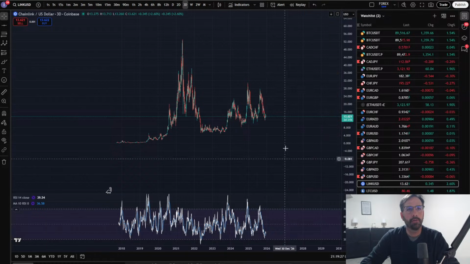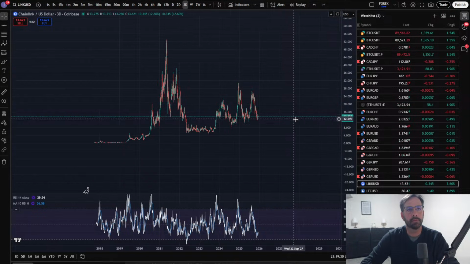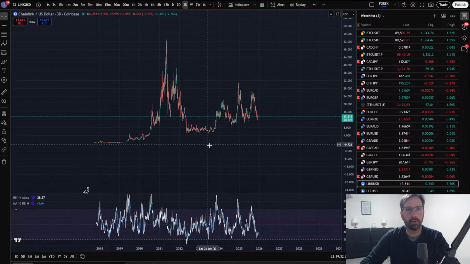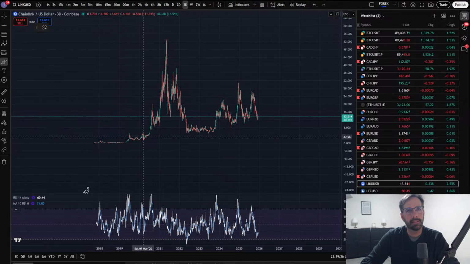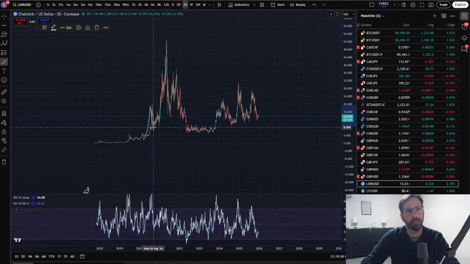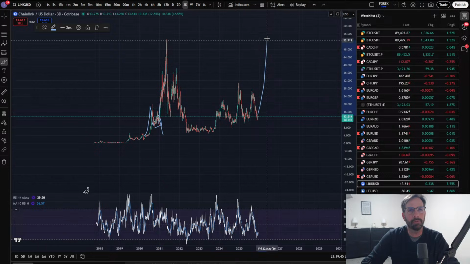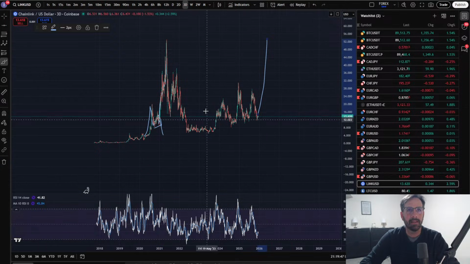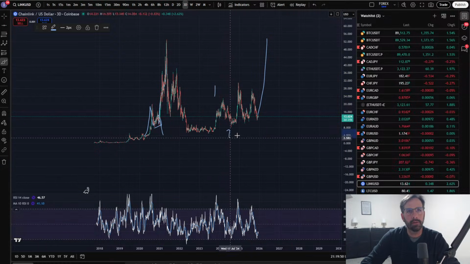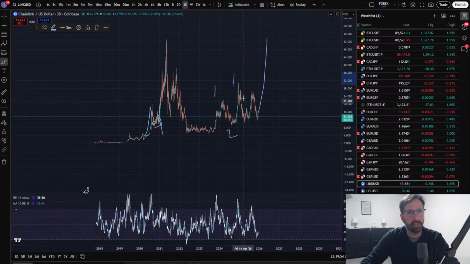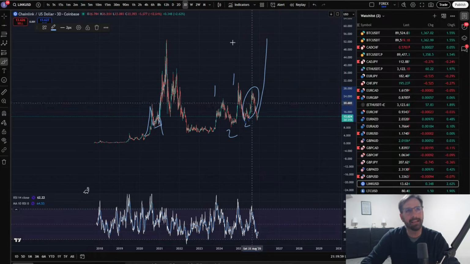Now, what could be happening here? I just want to show you a possibility here. I don't love this, but see that move right there, and then it rolled over, and then it just chopped and came all the way back. Looked like it had to come back down here, but it didn't. It just, boom. Is it possible Link's about to do something like that? Could that be a 1, 2, 1? Now the question is, that 2 right there, what's the problem? What is that?